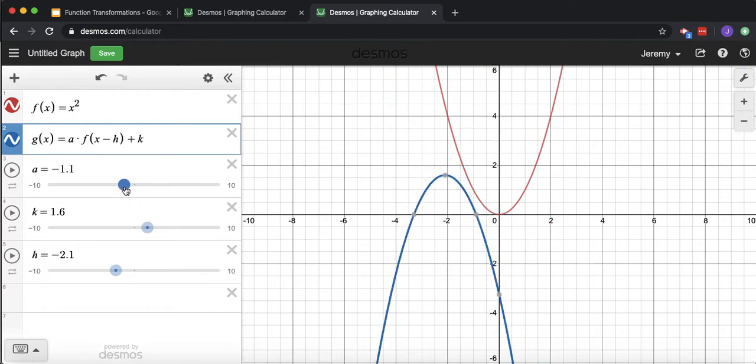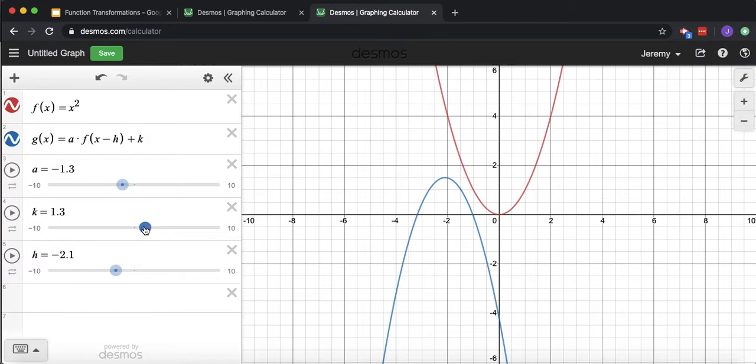And if a goes negative, it reflects. Then I can do a vertical translation and a horizontal translation. Whatever function I start off with,